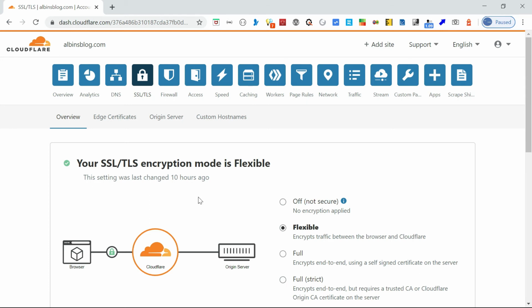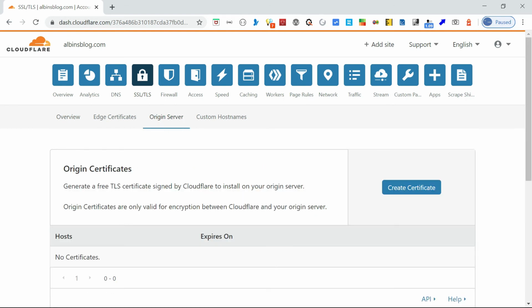But another option you can use is, if you go into the Origin Server section here, you can generate an origin certificate from Cloudflare. The certificate you create here can be installed on the origin server. You don't need a separate CA certificate.